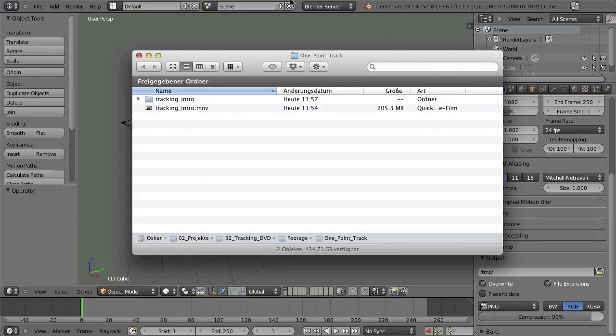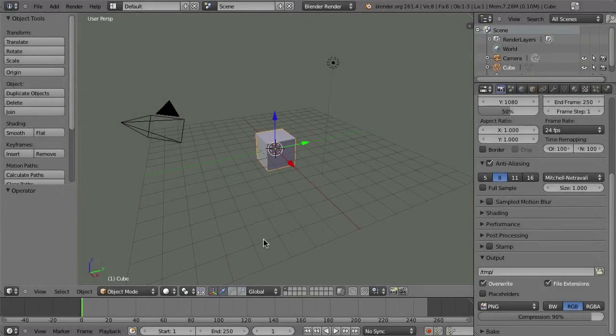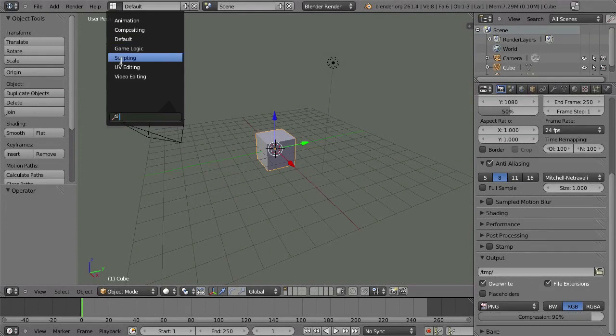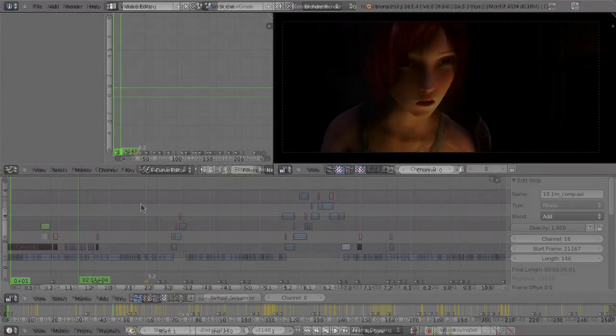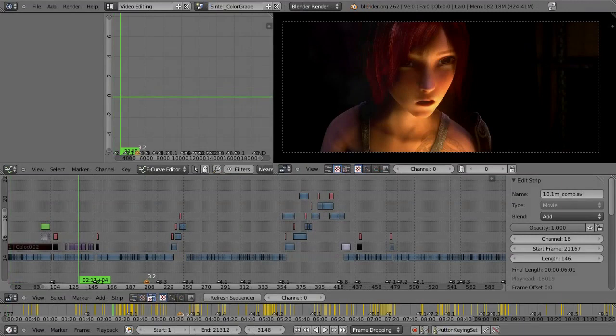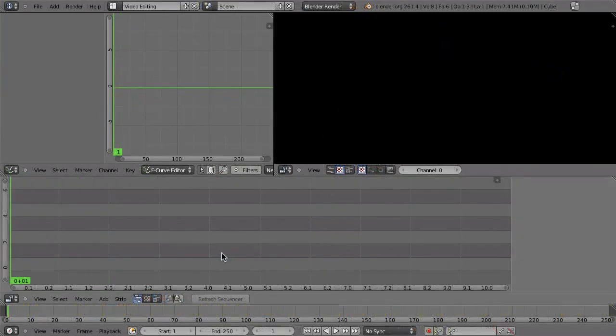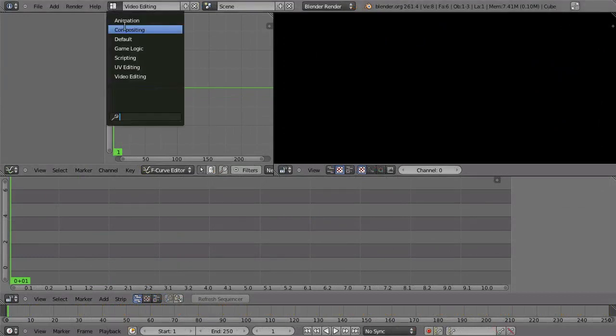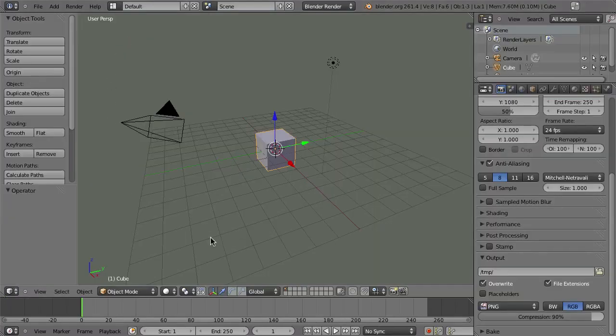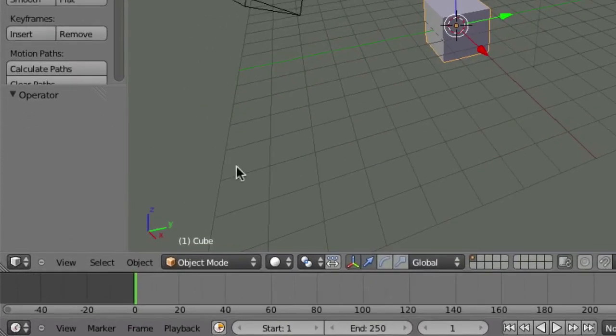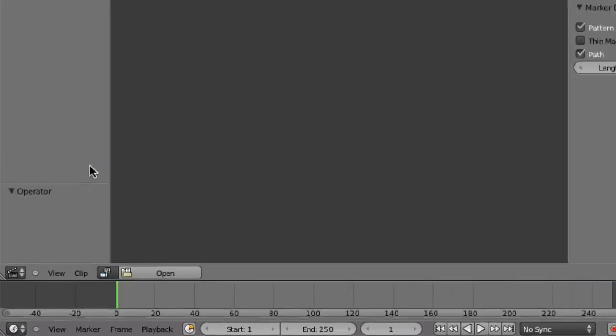Let's go to Blender. There are several places where you can import videos in Blender. And of course, one thing that you already probably know is the video sequence editor. Here you can import movies and you can also play them back. But this is not useful for tracking. For tracking, we have a different kind of editor, which is also new since Blender version 2.61. You can find the editor, which is called the movie clip editor, of course, here in the menu. In the default layout, usually I just switch to the movie clip editor.